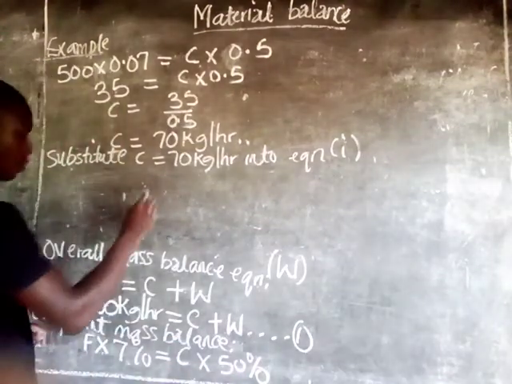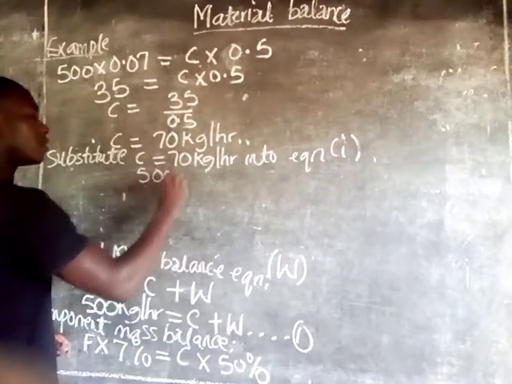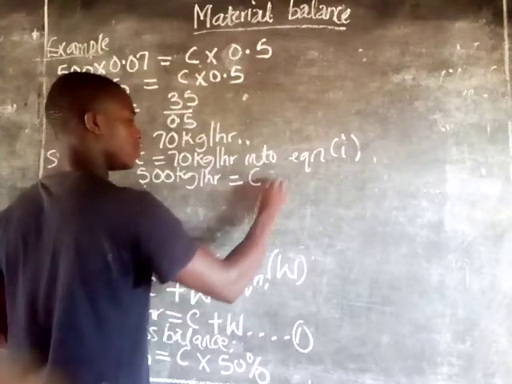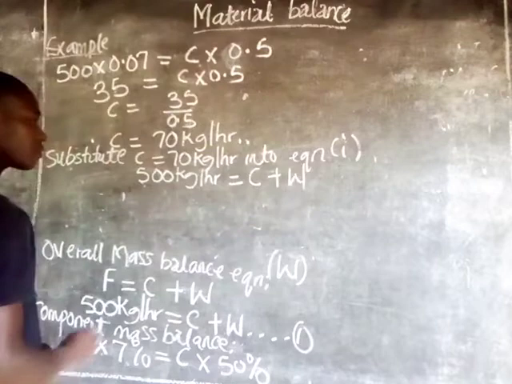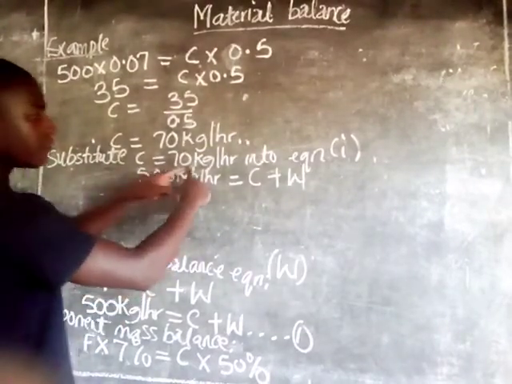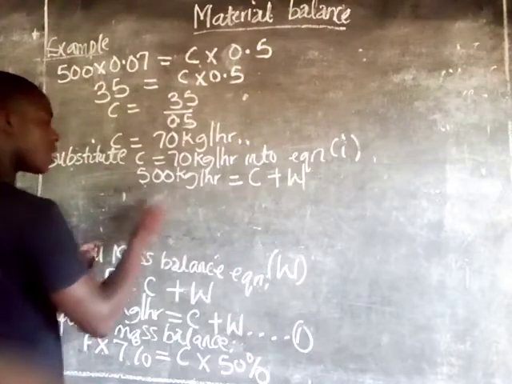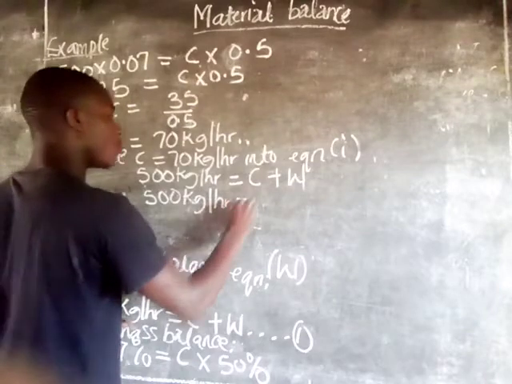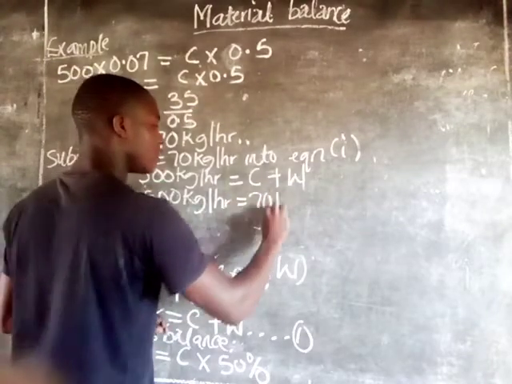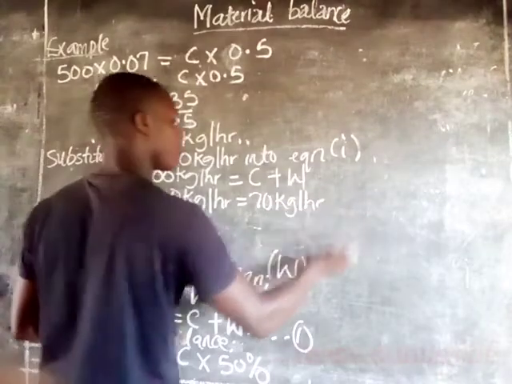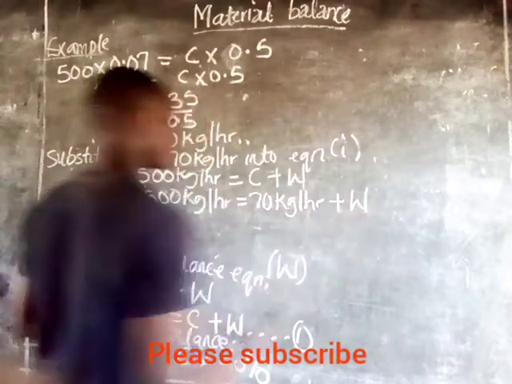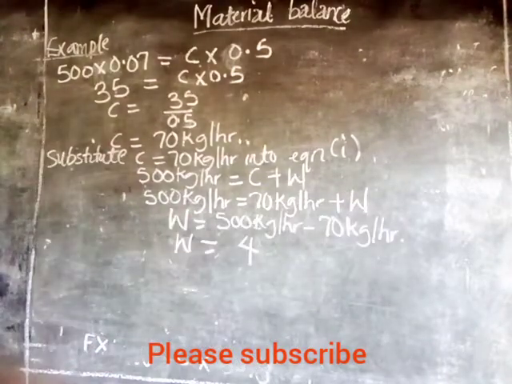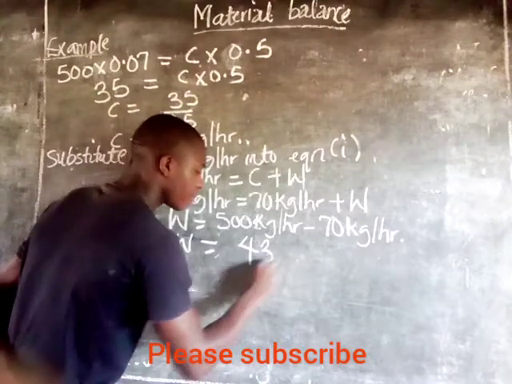And so 500 kilogram per hour is equal to C plus W. And so we are going to substitute 70 kilogram per hour for C. So we now have that 500 kilogram per hour is equal to 70 kilogram per hour plus W. And so to find W, 530